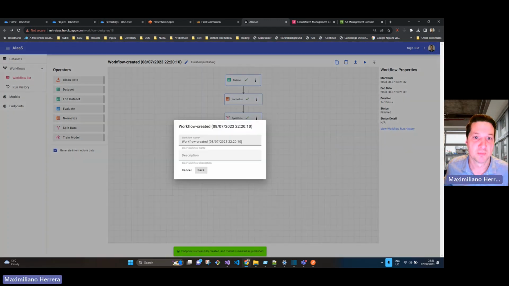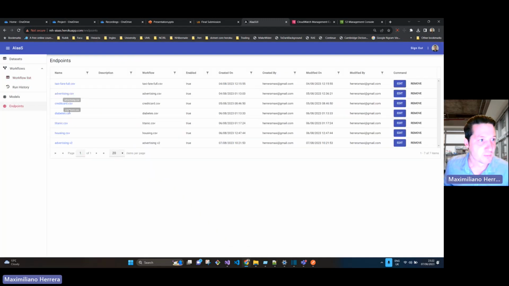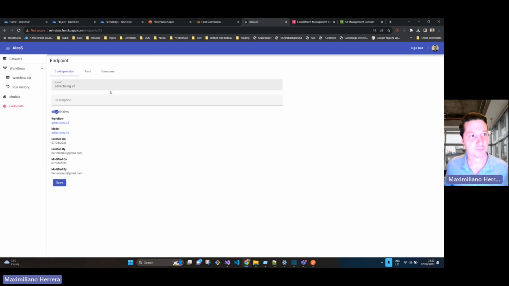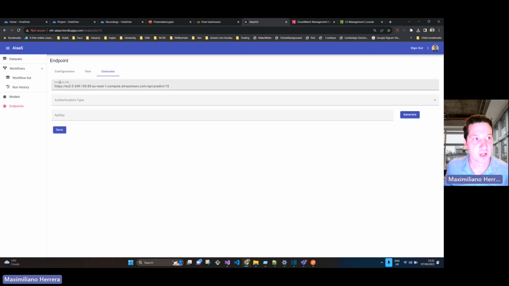And I will rename this one just to make it clear, okay? So now I go to the model, the endpoints, and I can see my endpoint created here. I have some basic information, and I can test it. This is just a sample. But basically I can use the prediction endpoint here. And also I have the URL where I could use,